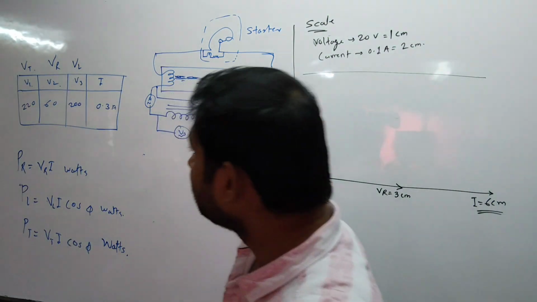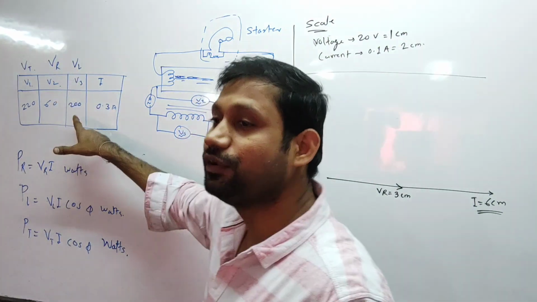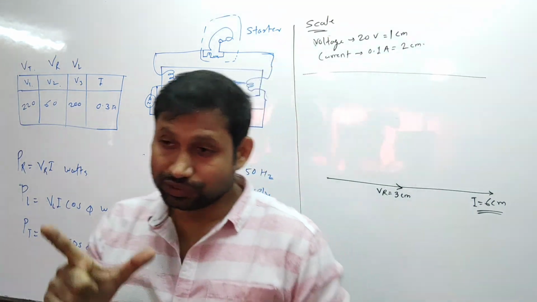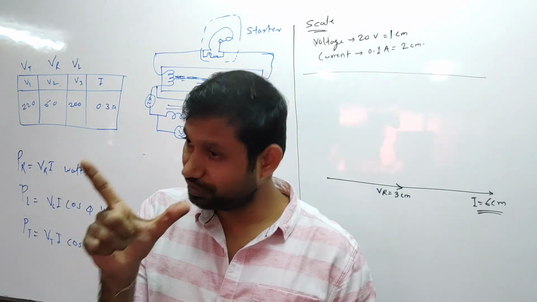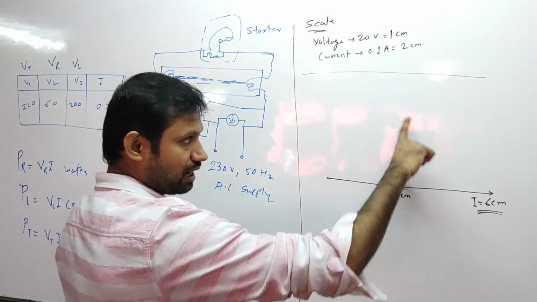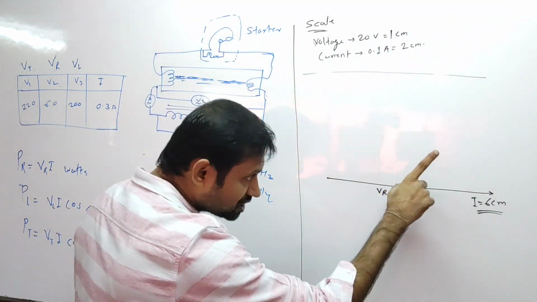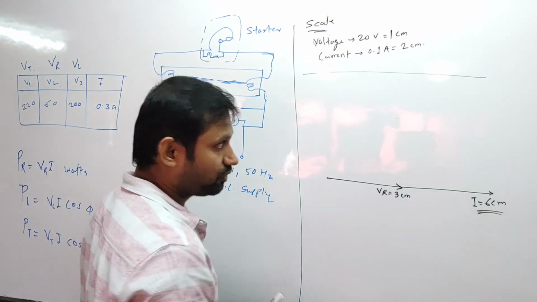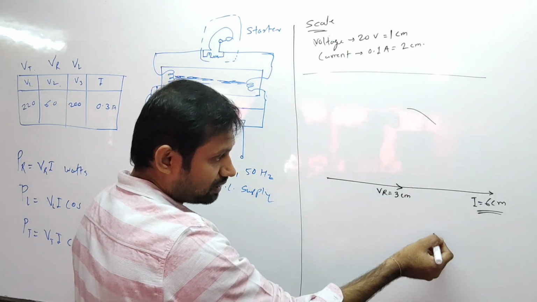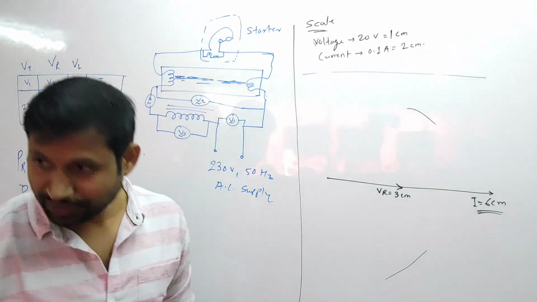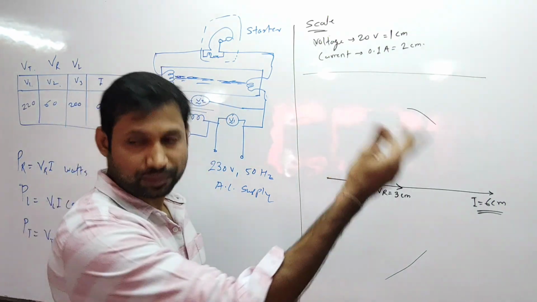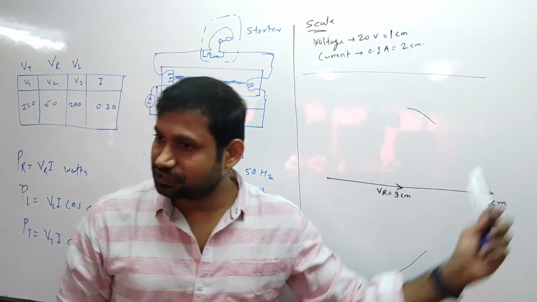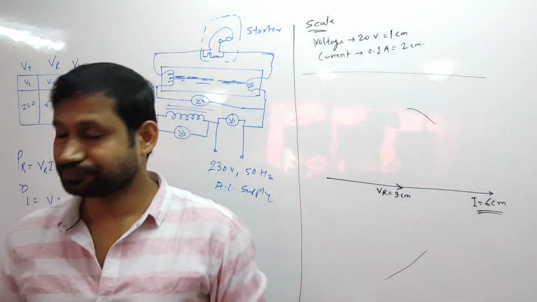Now you have to use a compass and take the measurement for your VL value. How much is it? 200 divided by 20, 10 centimeter. So take the 10 centimeter measurement in your compass, put it at this point as the origin for VL, and draw an arc here, and again an arc here. Why? Because you have to plot a perpendicular after that. Don't worry, I'll tell you. This is correct.